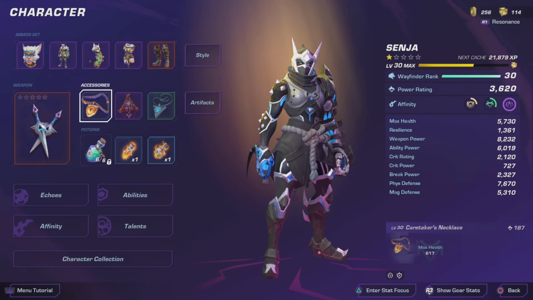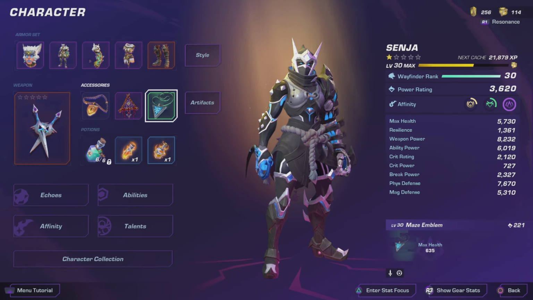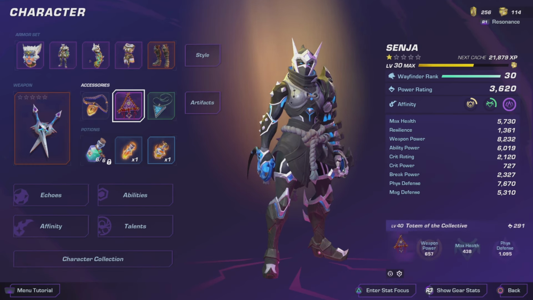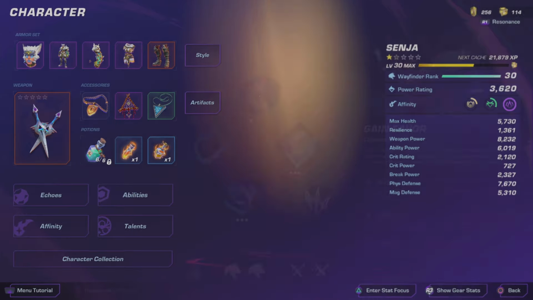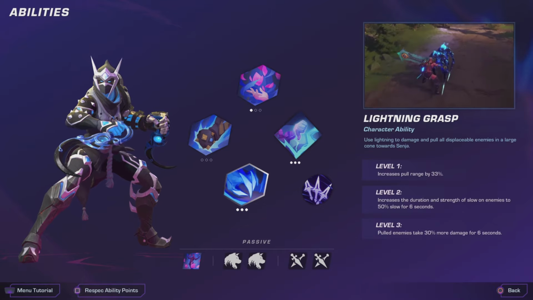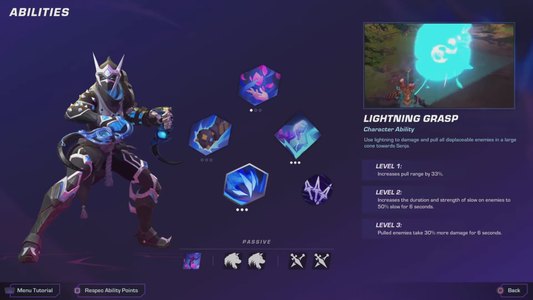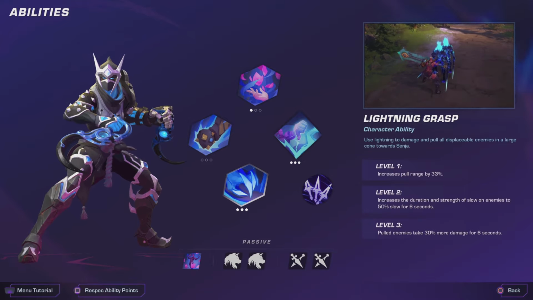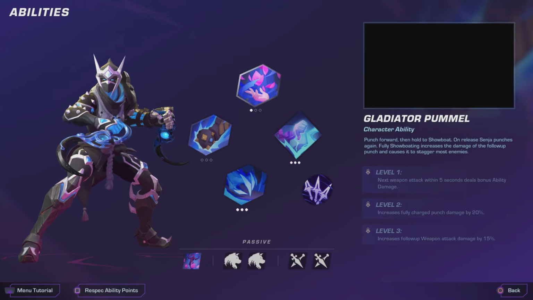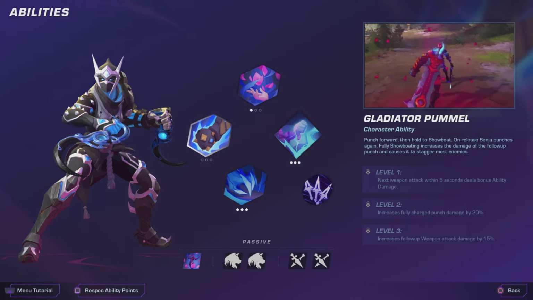But the max health being the most important, which is why I went Caretaker's Necklace, Totem Collective, and Maze Emblem, because I'm trying to get as much health as possible. And just to show the abilities one more time, I've got the pull maxed out because I wanted that 30% more damage. Like that 30% more damage is very significant compared to, you know, the fully charged punch 20%